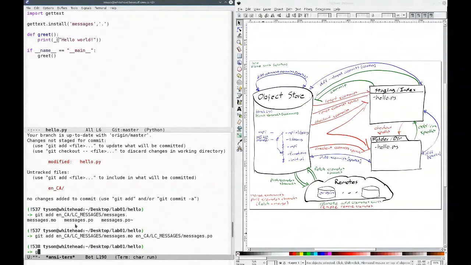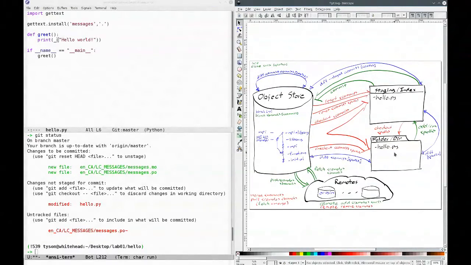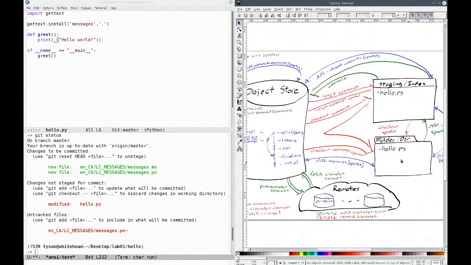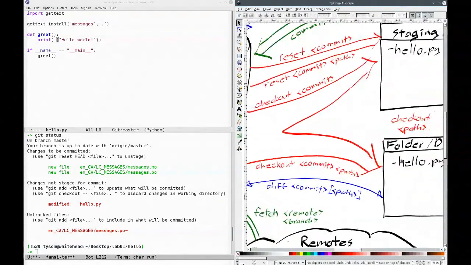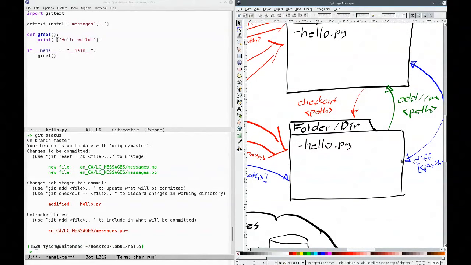So there we go, git status. Now if you recall from before here, what we've done is we've flowed our new additions up into our staging and our index. So my diagram's actually getting a little bit behind the talk. So let's go ahead and update the diagram here. So first of all, our hello has some additional items to it here. So what we've added here is we've added